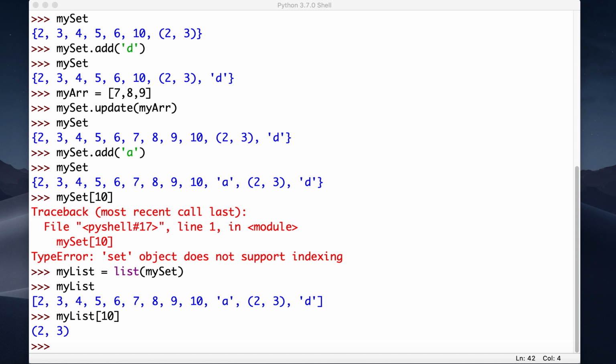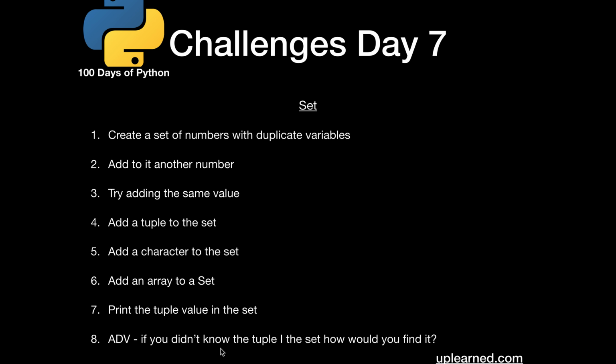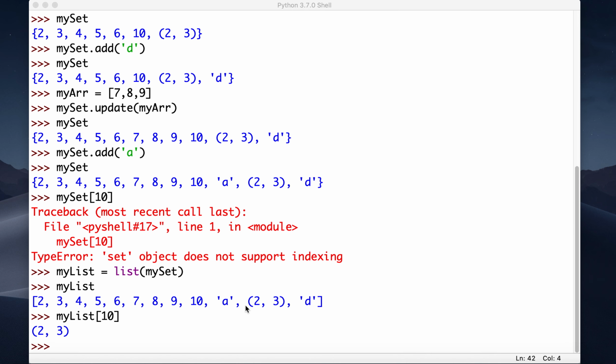I've got an advanced challenge here you can have a go at. If you don't know the location of the tuple in the set, how would you find it? Sorry about that, I was just creating ideas and I scribbled that down. I'll fix that. If you don't know where the tuple is, how would you find it? In this case, I would use a for loop and the type class, and if it's a tuple, then you'd print it, and that's how you'd find it. So we'd go like for i in my list,